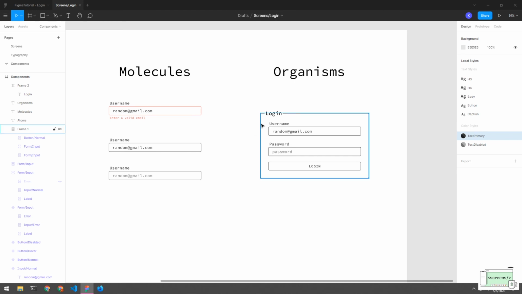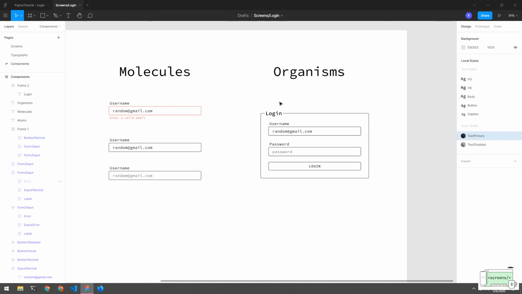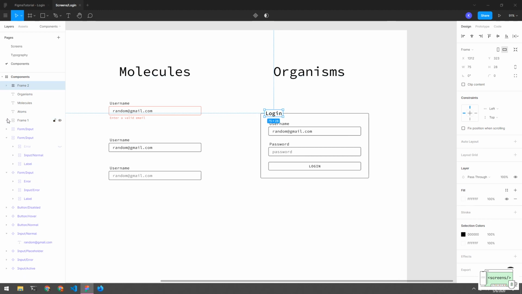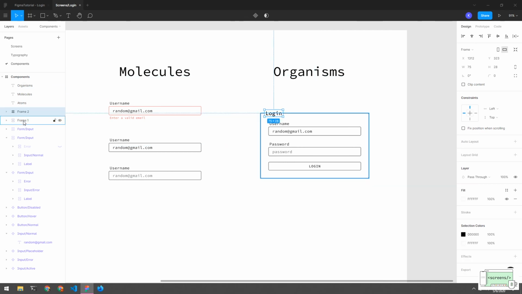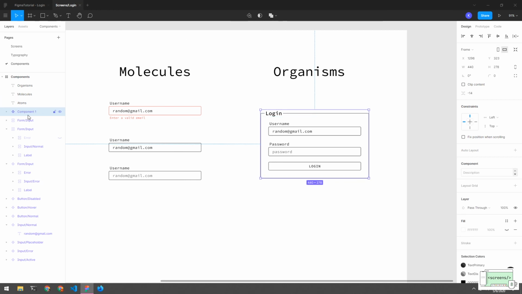So now we have the header. Now we have successfully added the header to the form. So basically we can have different variations of this login form. So let's create the component out of this and call it form,